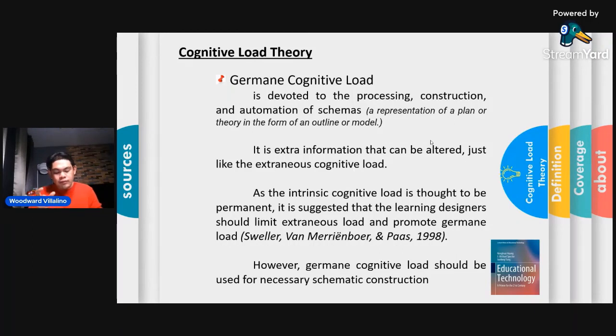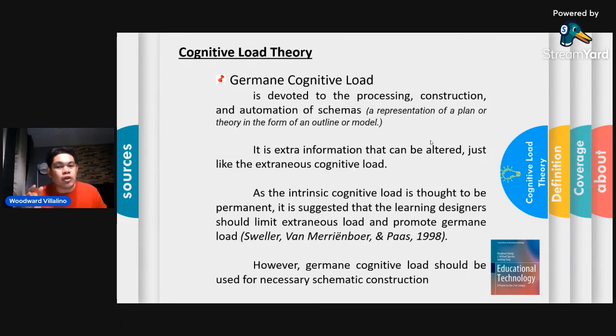So the germane cognitive load here is we're going to review the relevant laws, or provide different examples of Newton's first law. This is how we are going to show them the extra information on review, but through reviewing, it could be altered as well. Okay, so this should be promoted properly through having a necessary schematic construction, a good plan,